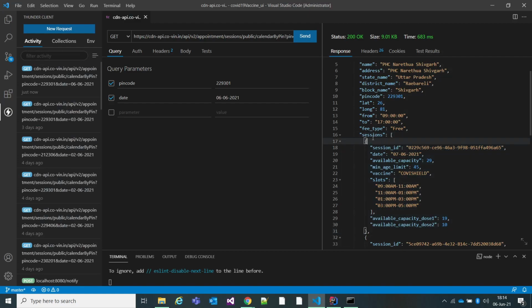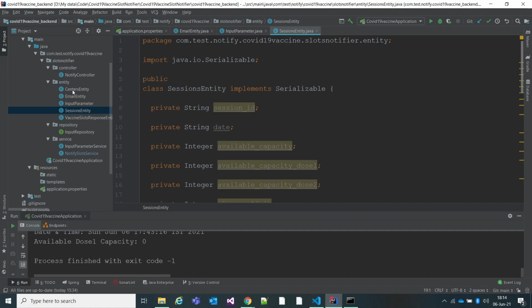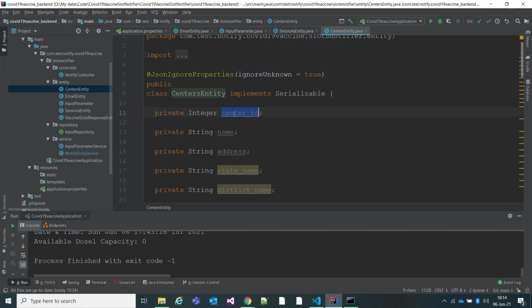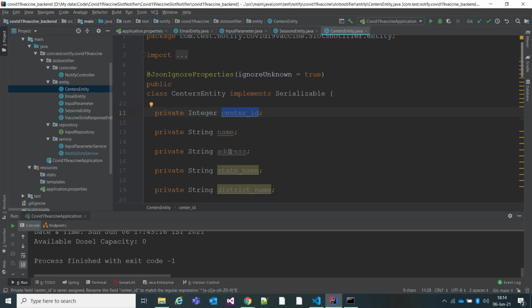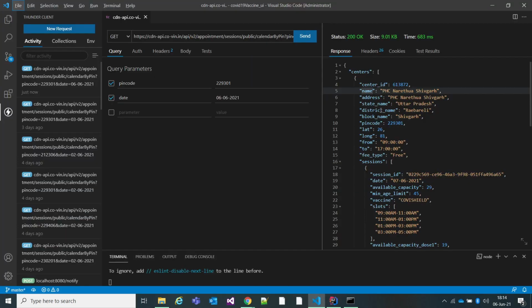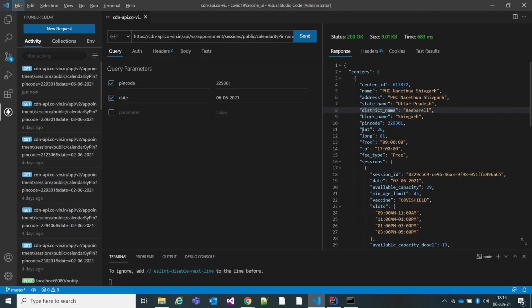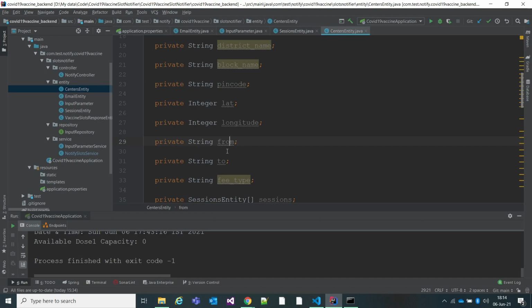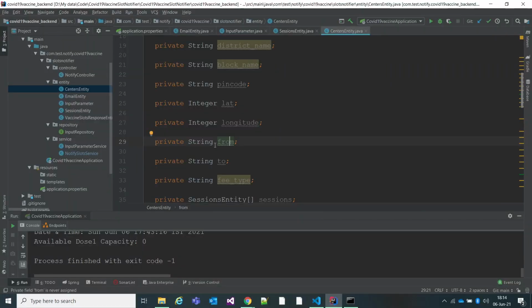So as I said, sessions are the granular level, and centers have the sessions. So need to create a center. Go to the centers entity, and the centers entity will have center id, name, address, state name, district name and block name, pin code, latitude, longitude, from which time to which time it is open, right?